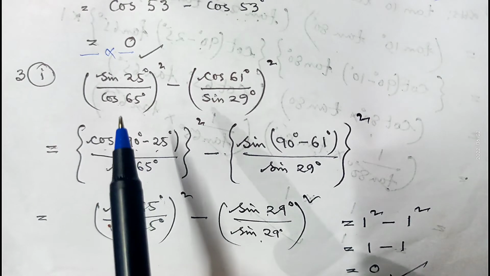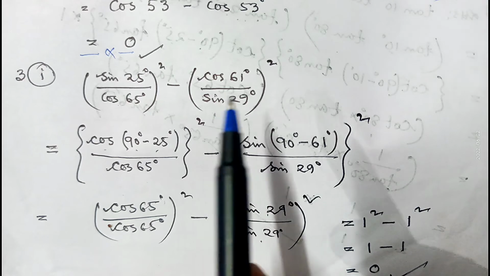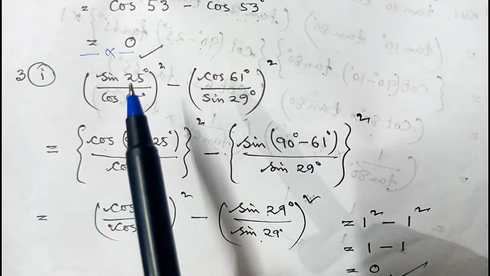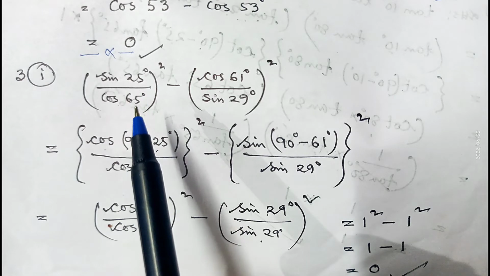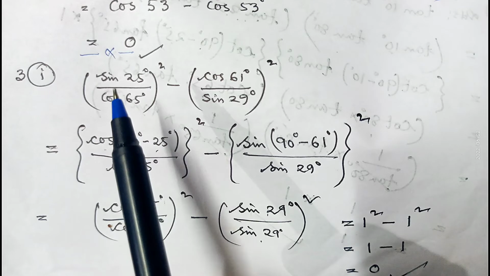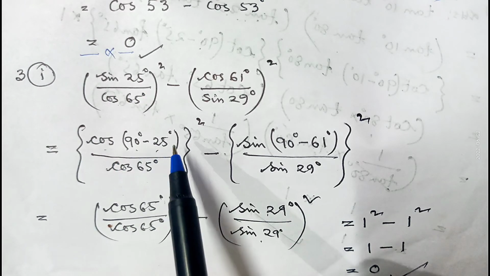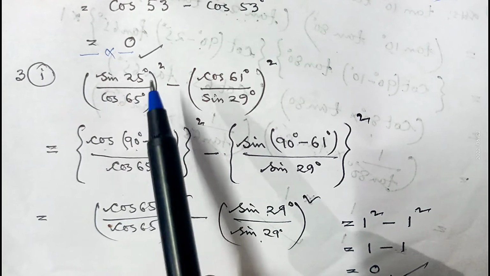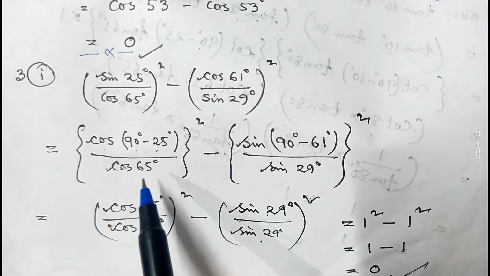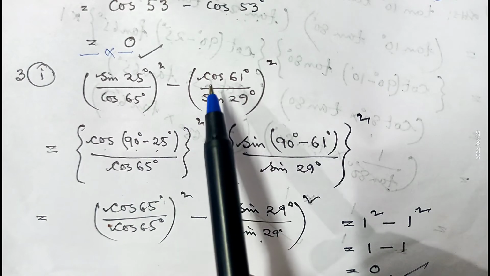Here the question is (sin 25 by cos 65) whole square minus (cos 61 by sin 29 degree) whole square. Out of these two, change any one. Just like question number 1, here I am changing the numerator. So instead of sin 25, we can write cos of 90 minus 25, as the formula is sin theta is cos of 90 minus theta. And this cos 65 will remain as it is, to the power 2, minus,